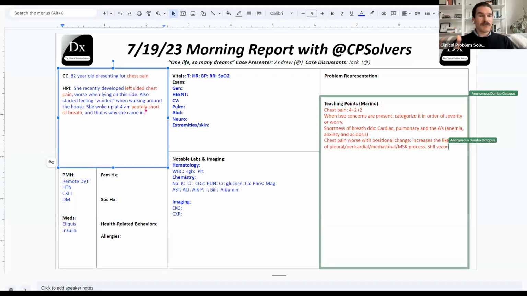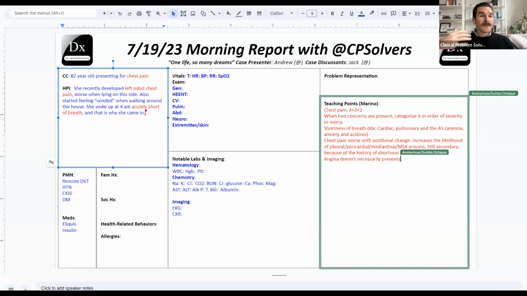We know that shortness of breath can be an anginal equivalent in individuals, and particularly somebody who is older, assigned female sex at birth. There may be a higher probability that this person has an atypical anginal presentation that may not have chest pain as the predominant syndrome, and actually shortness of breath may be the equivalent here.